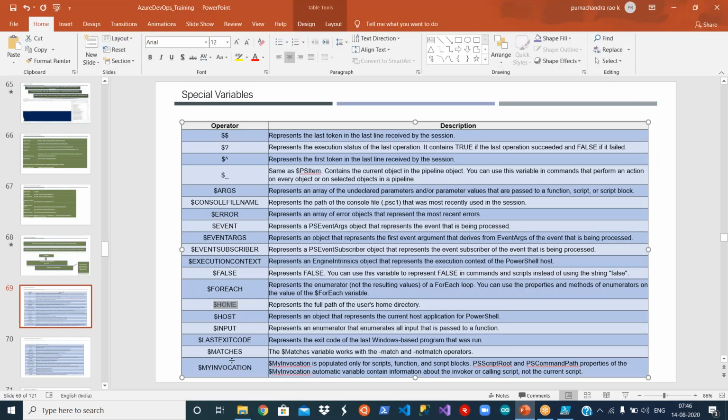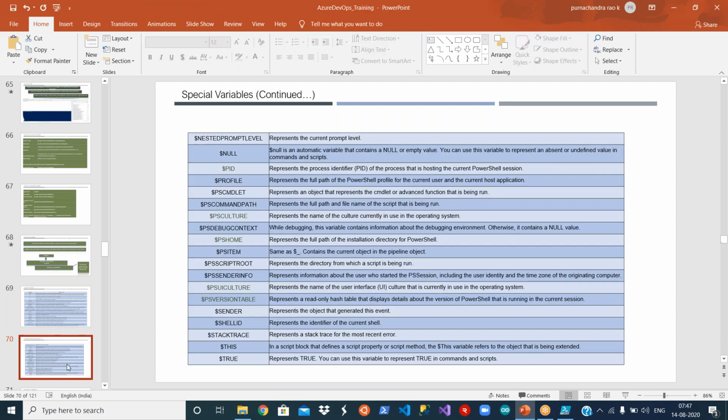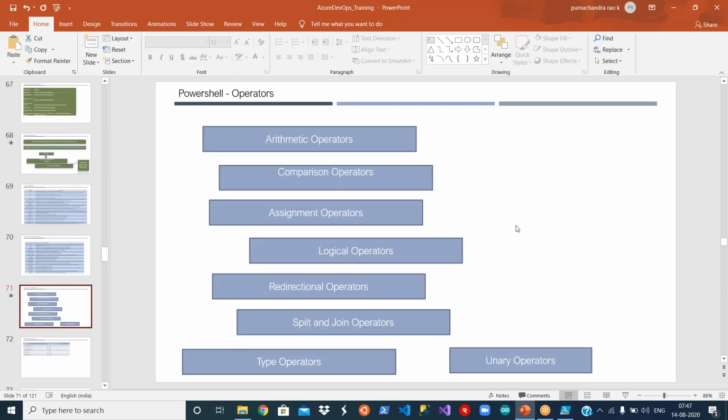Okay. So similarly, you have many things. Some of these are related to your loops. Okay. You can go and read it. I will share these things with you as well, because you need to run one by one and understand. There are many here. Okay. So now you know how to create variables and how to use them in the commands that you write in your PowerShell. Now, the next one, in any logic, you need to know the arithmetic operators as well, right?